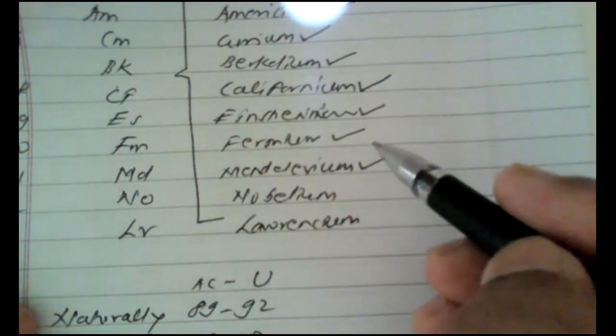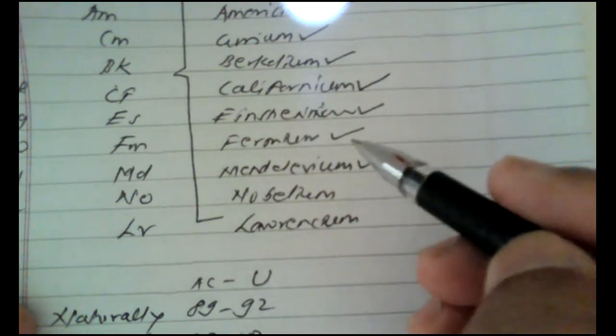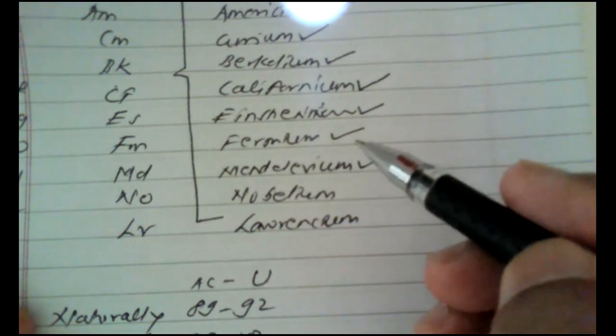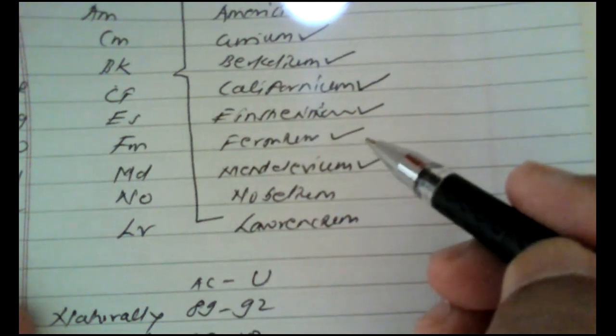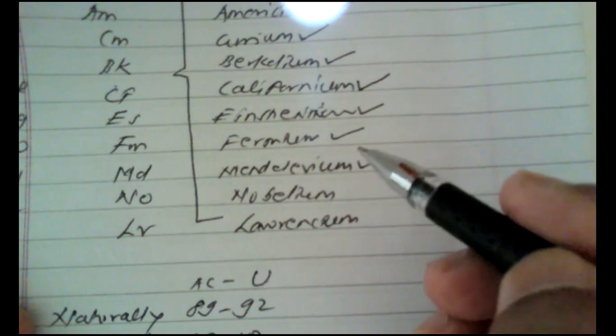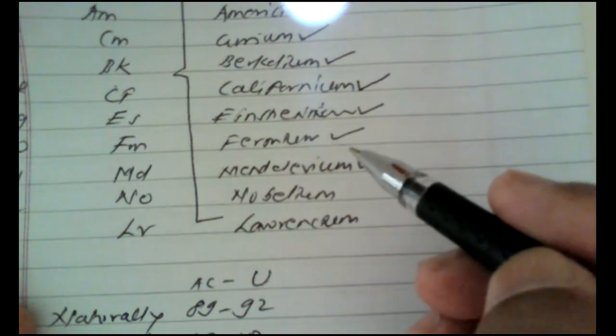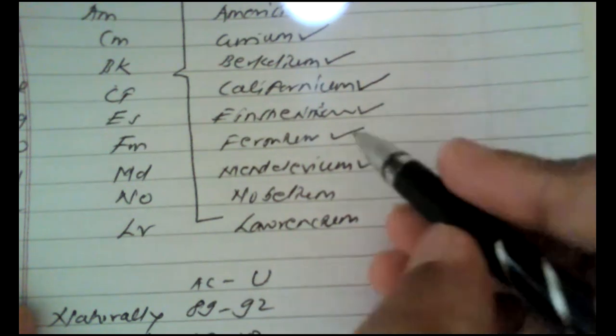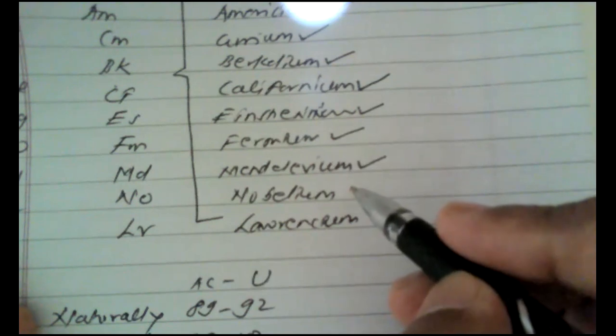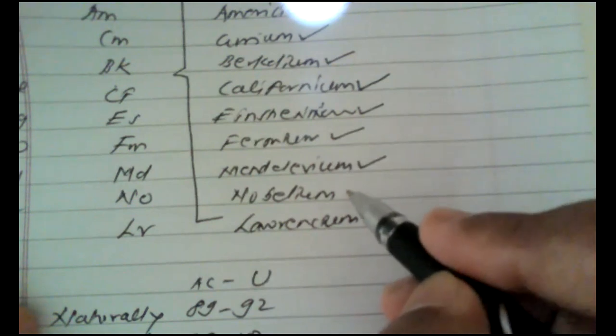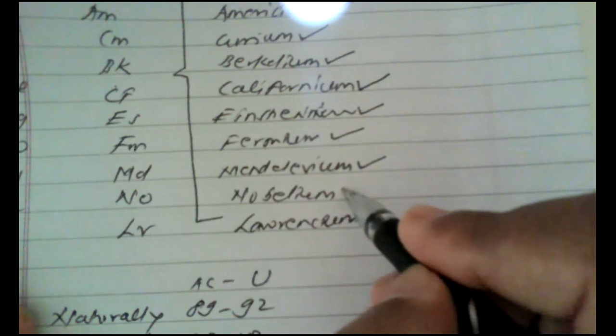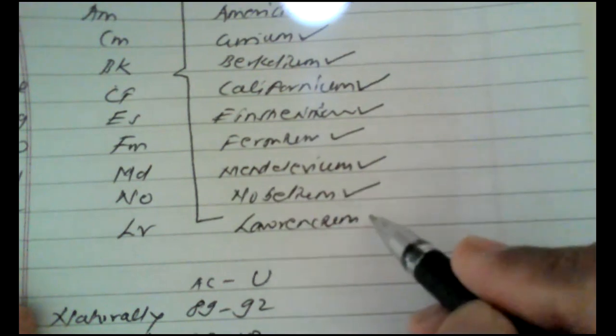For unique or major contributions in chemistry, the Nobel Prize was given in the early days, and the same process is followed today. Hence the Nobel Prize is a very prestigious prize, from which the name of one element is known as Nobelium. And this is again the name of the scientist Lawrence, from which the element is named Lawrencium.